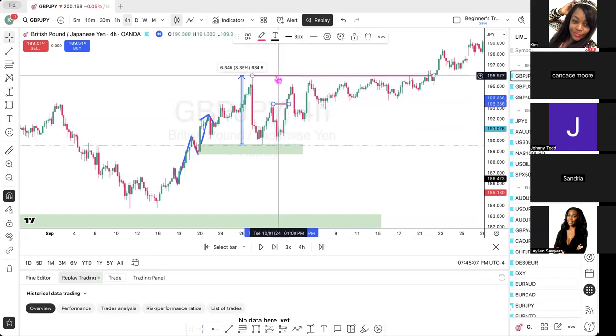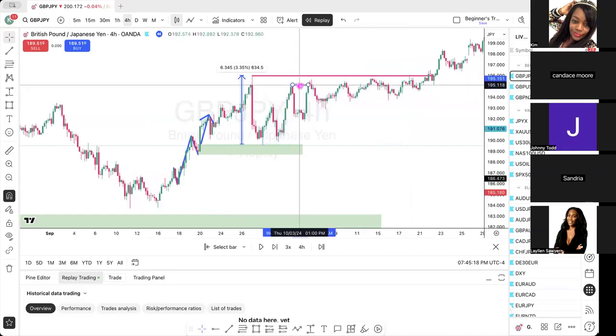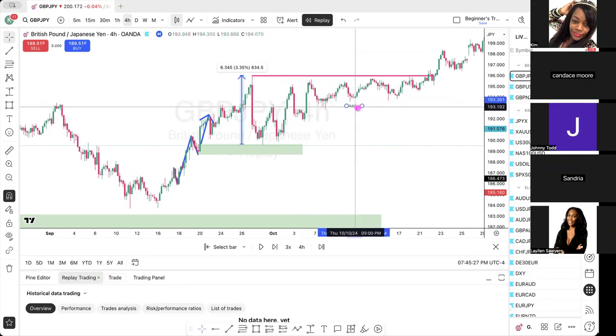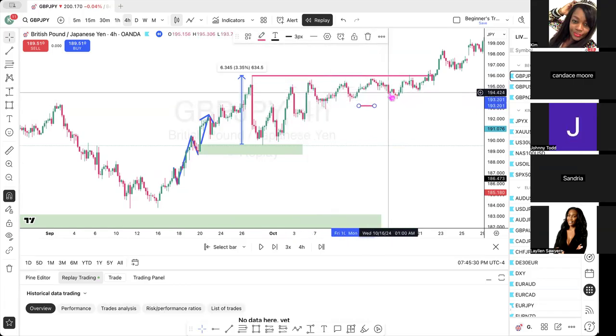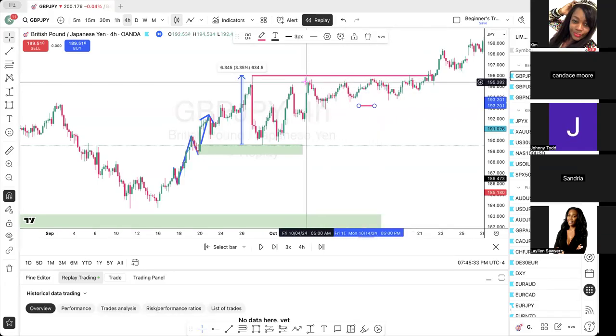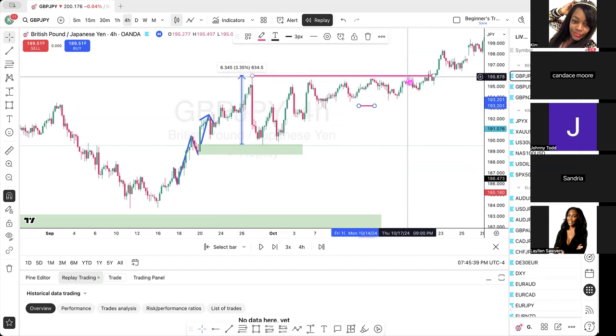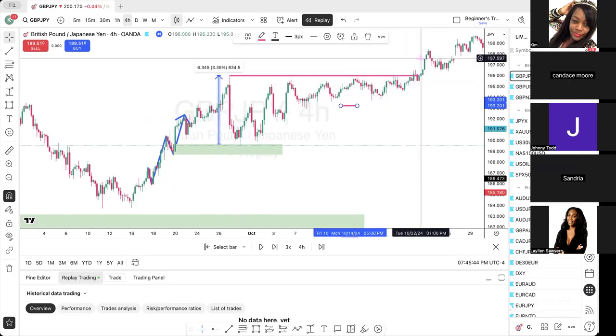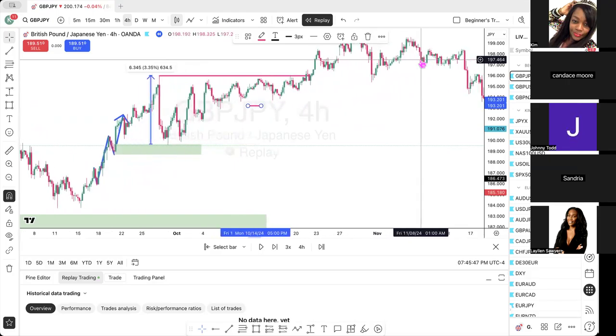So again, if you see another break, and we know that we're targeting this high, once you get that break, you look for an order block that didn't come back and get you. So once it breaks, you might as well just cancel that order. Once you get another break, here's another order block. It didn't come back and get you. So you might as well cancel that order. Okay. And then as this is consolidating, we know the target is here. So once you get closer to that zone, there's no need to try and trade until price breaks past this zone, right?